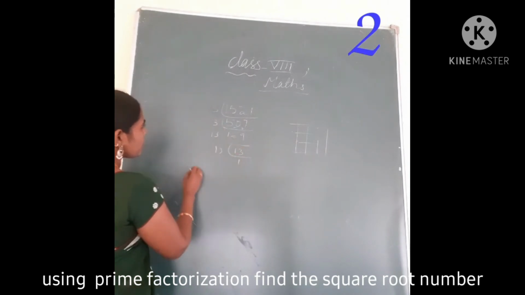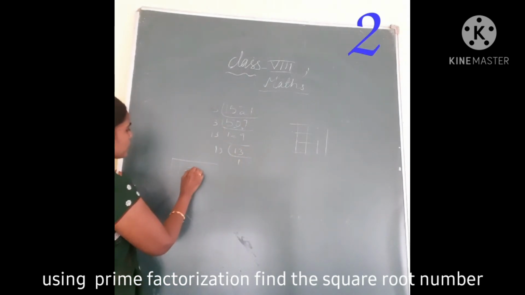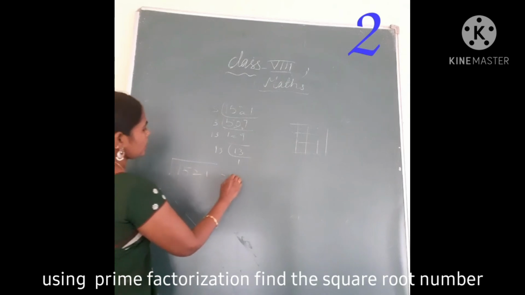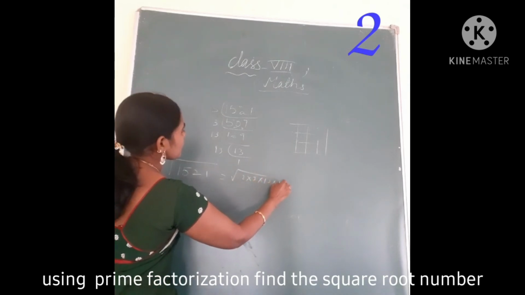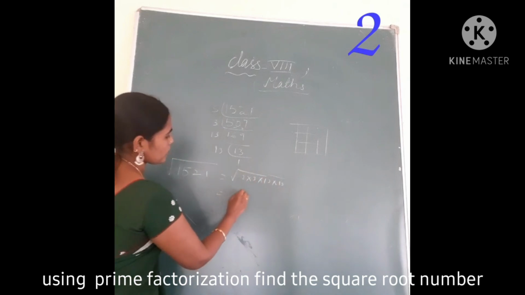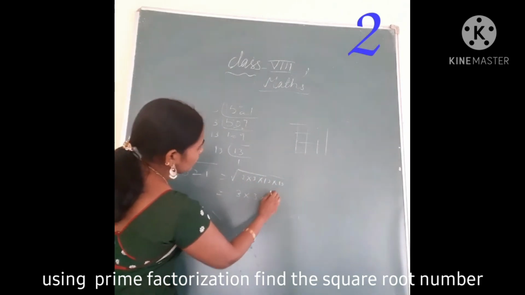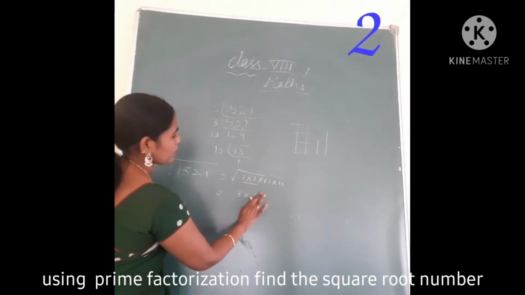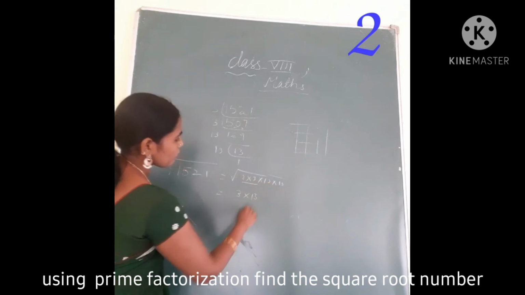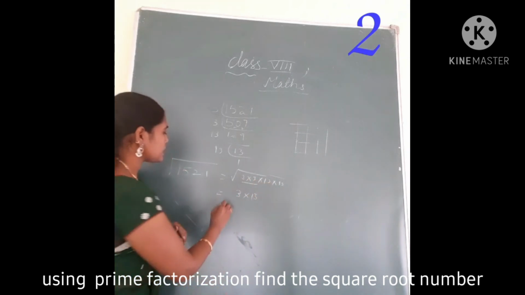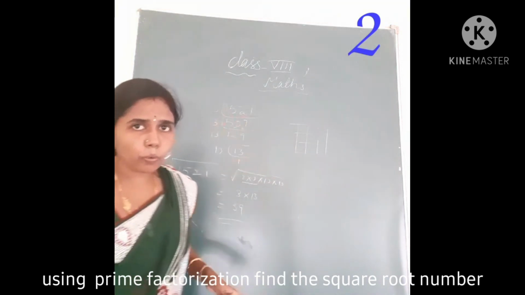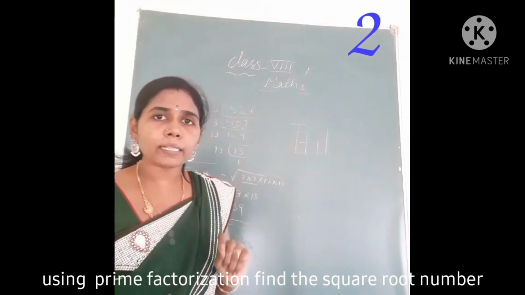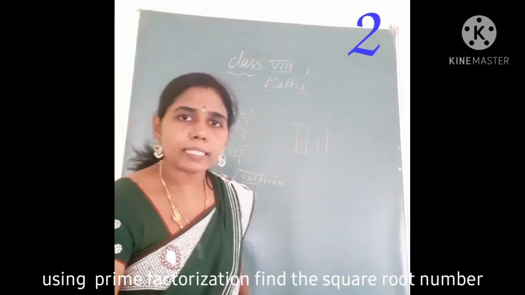13 13s are 169, because it is a prime number multiplication, 13. Okay. Now what is the square root of 1521? 3 into 13 into 13. One number will come out, 3 into 3, both times 3, one time only coming out. 13 into 13, one time will cut. 3 13s are 39. What is the number of rows? 39 rows, and each row has how many plants? 39 plants. That is the answer.